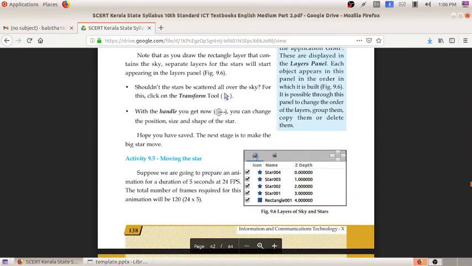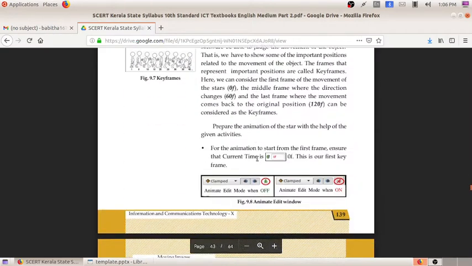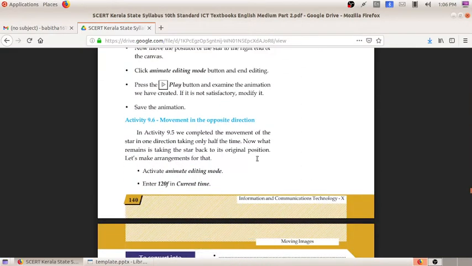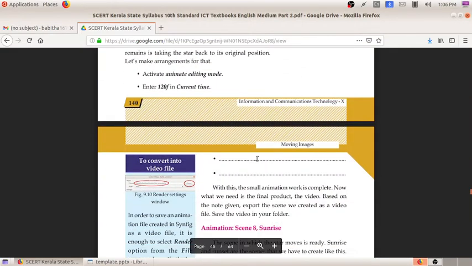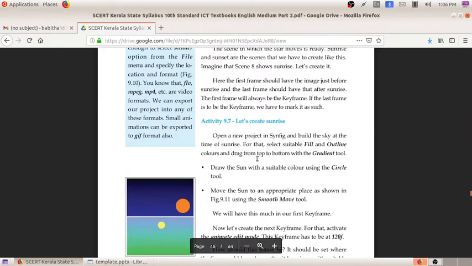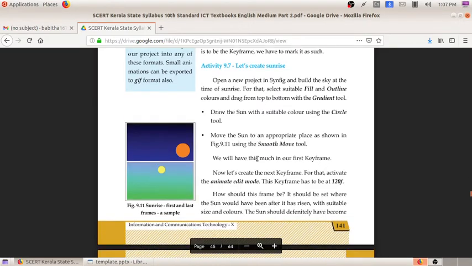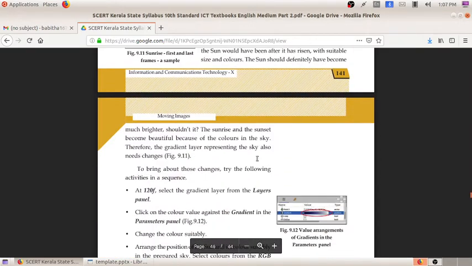And also we have done another activity, movement in the opposite direction in 120 frame, and next we have created the sunrise. We have given different colors for the sun, and we have started the animation in 120 frame, so you can see the sunrise.